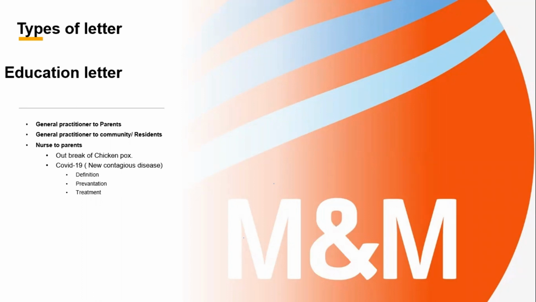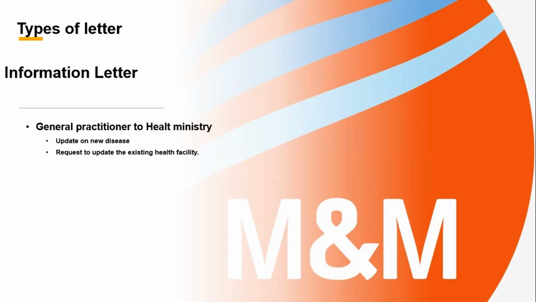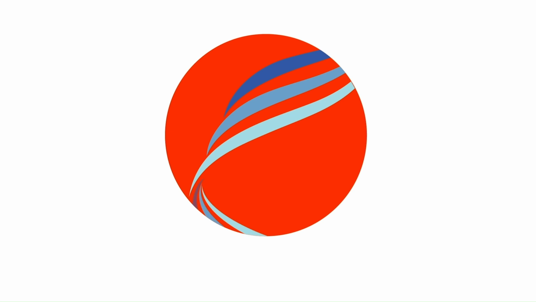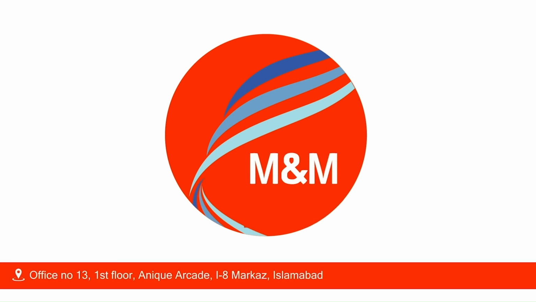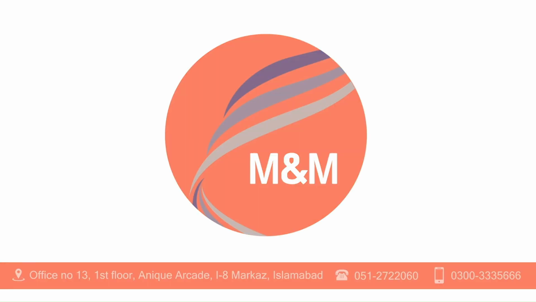Okay. So lastly, we can expect the letter of information. Information normally we write down to the health ministry, right? We also have the letter of information. General practitioner writing to the health ministry, like an update on a new disease, or maybe an update of the existing health facility, is a kind of information letter. So these are just a quick overview of today's class with reference to the types of letter. If you would like to ask any questions,